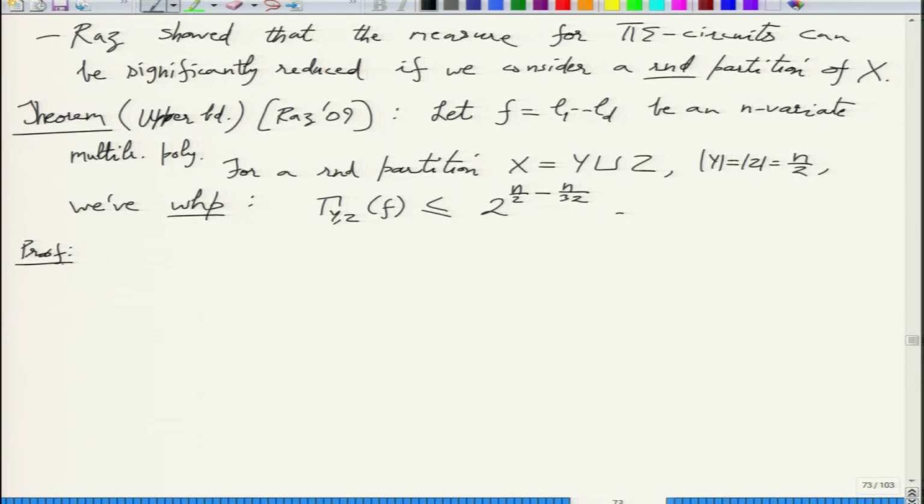Is the statement clear? Yeah, so once we have shown it for product pi sigma, for sigma pi sigma also we have this similar upper bound because of subadditivity, right? So this upper bound is really for multilinear depth 3 circuits. So this measure is that powerful. It can actually analyze properties of multilinear depth 3.